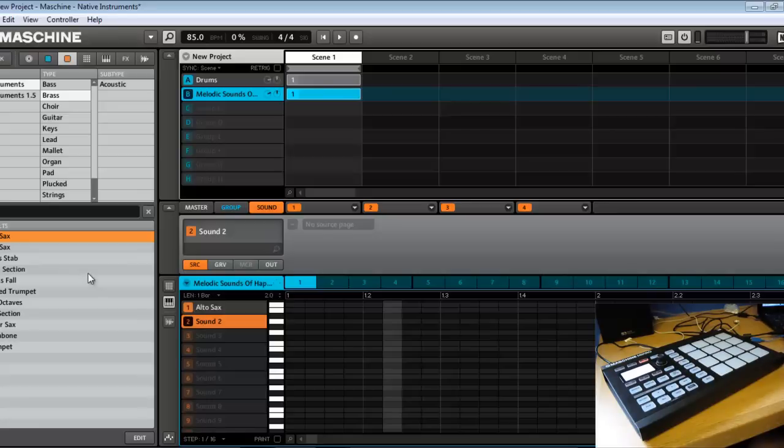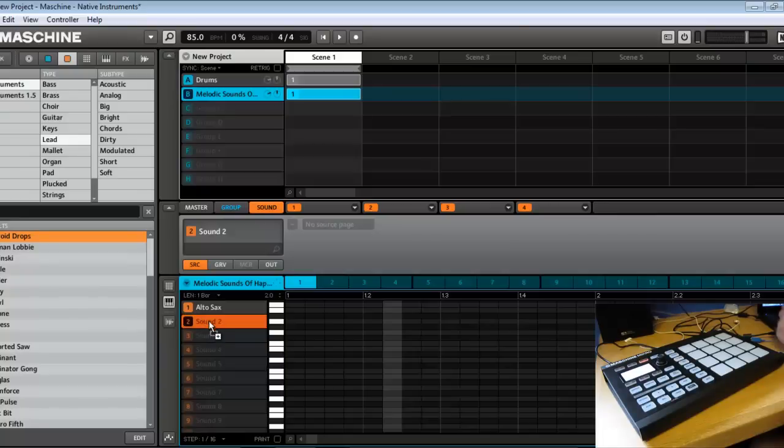So yeah, I'm gonna go ahead and load another sound, maybe, why not, a lead? This sounds interesting, Android drops. So there's our lead sound. And up here,